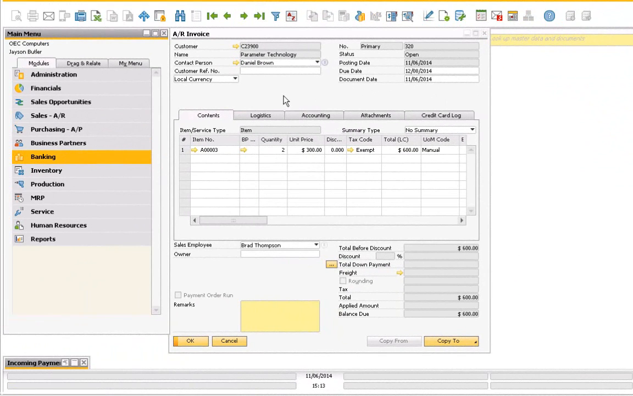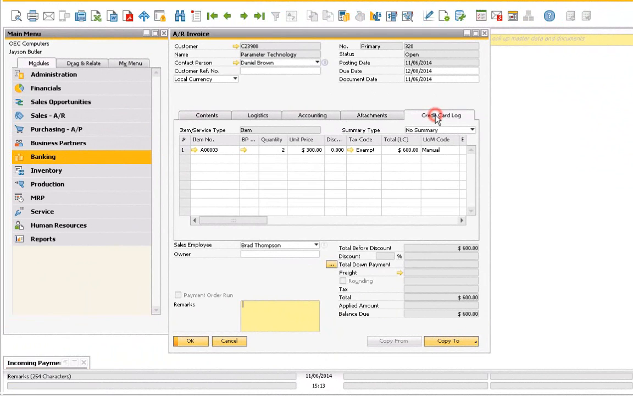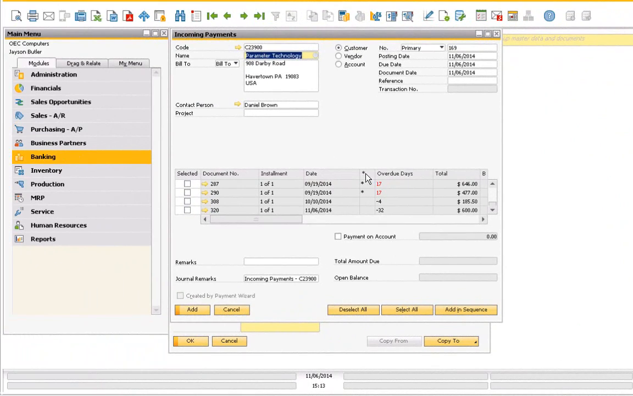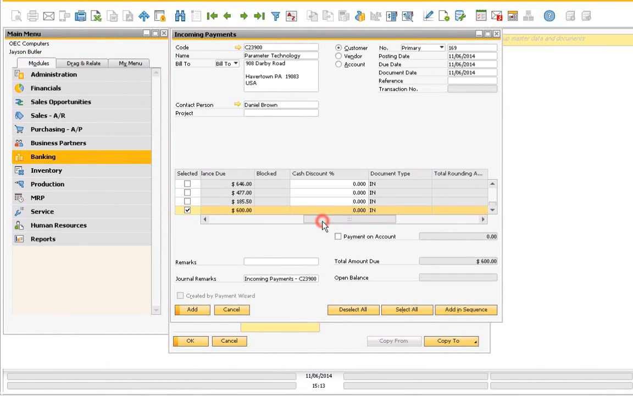To demonstrate the process of applying a partial payment, I've added an AR invoice to my SAP Business One system and do not have any authorizations outstanding against the document. I'll bring up the incoming payment screen in SAP for the business partner and select the AR invoice I added